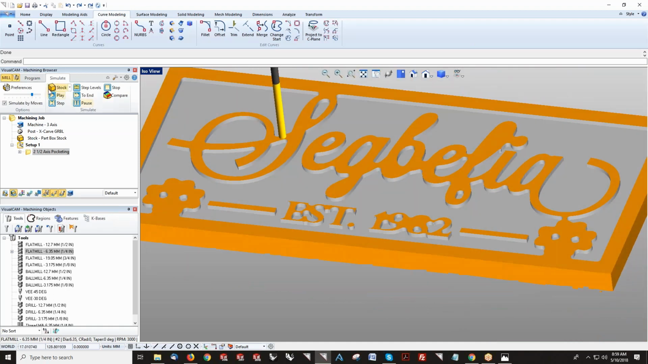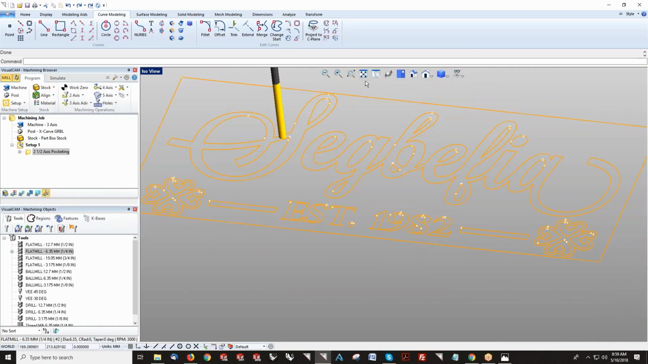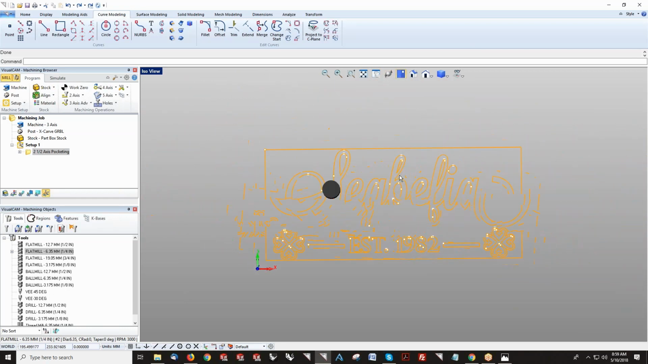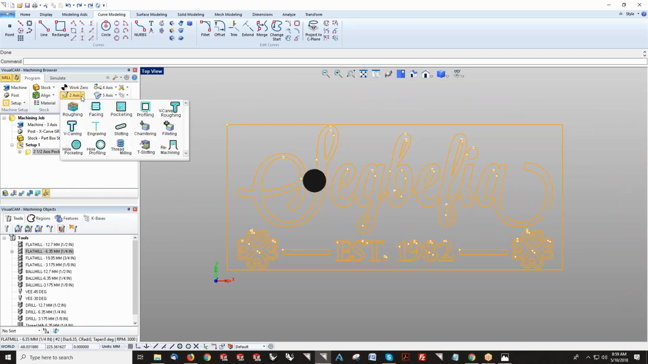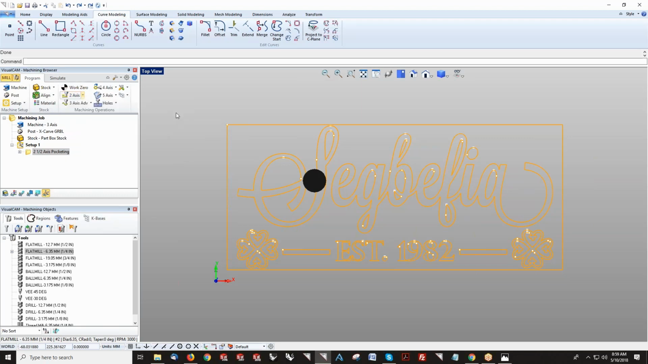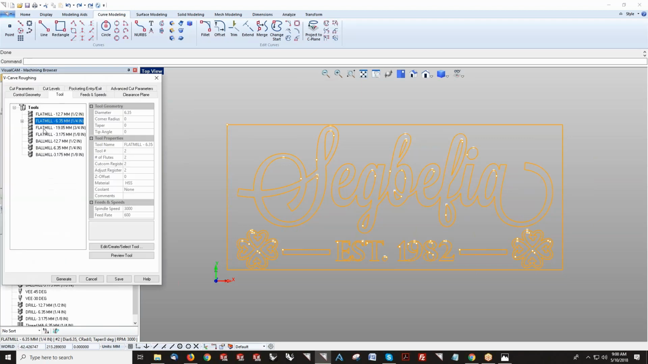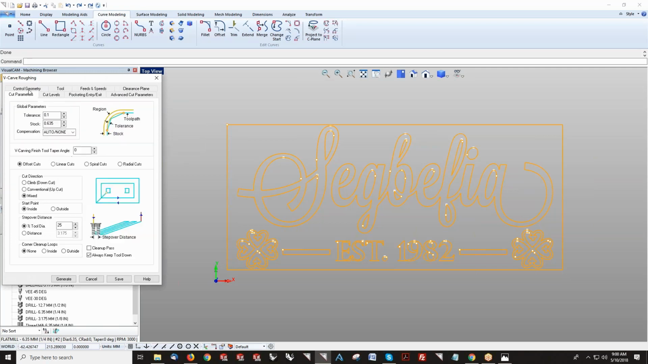Yeah. Okay, now if you wanted to account for the draft angle for the V-bit, what we need to do is a method called V-carve roughing. So if you go into 2-axis methods, V-carve roughing is a technique that we would use. And then I can still use a flat mill. Now the interface looks very similar to your pocketing operation,